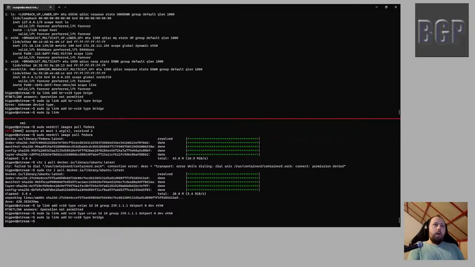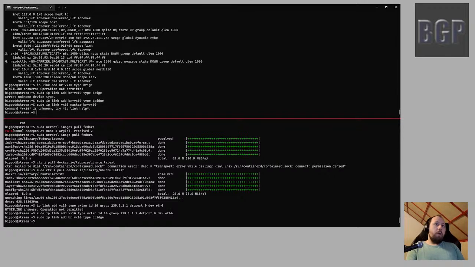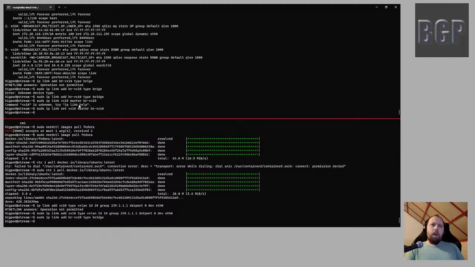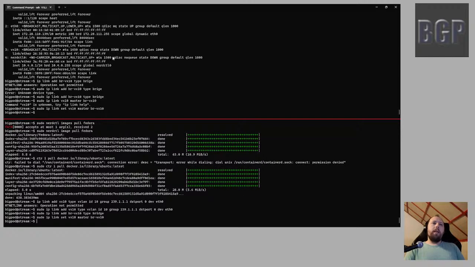So vx10 master. I don't know why it's called master. Maybe some of you know, in the chat window. ip link set. Now we're gonna just copy it down, and next we're gonna set both of them to status up. Sudo ip link